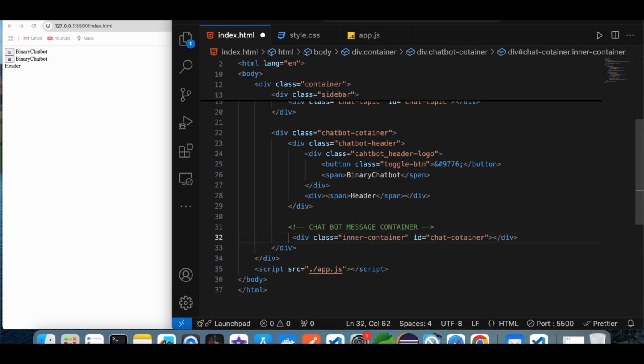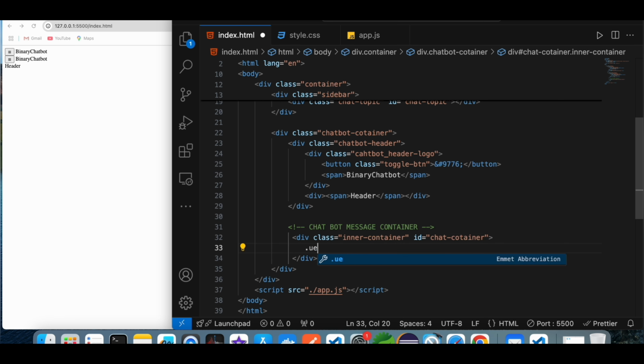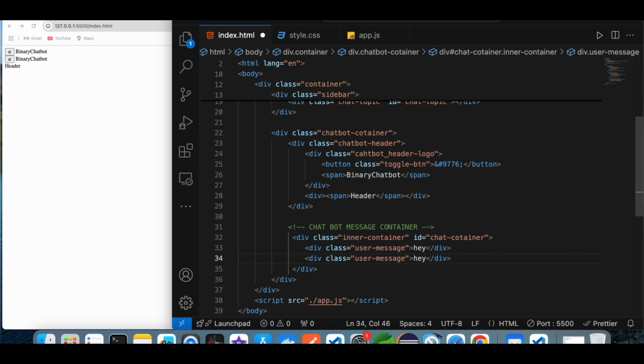For this ID I will grab this container in JS. Here I put some dummy content for the user and one for the bot. So this one is the bot message, and after that I write